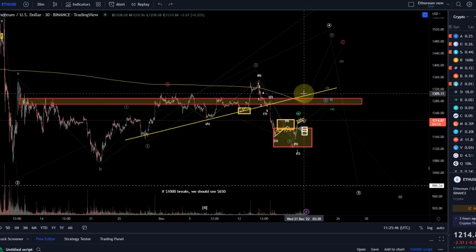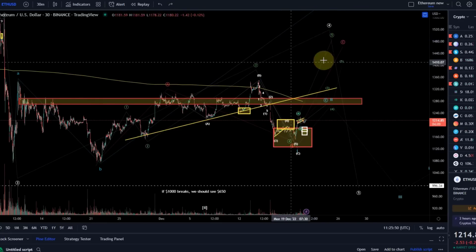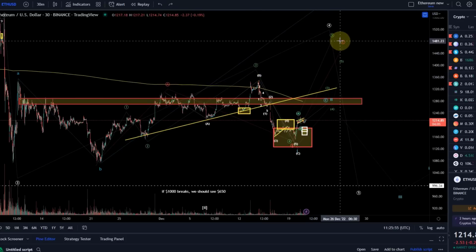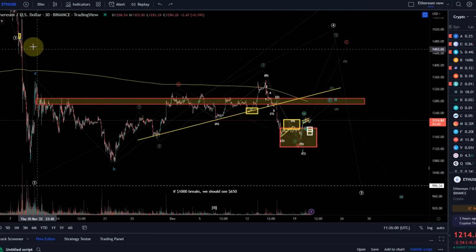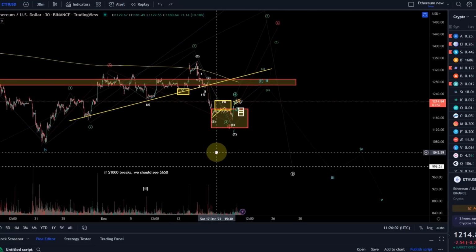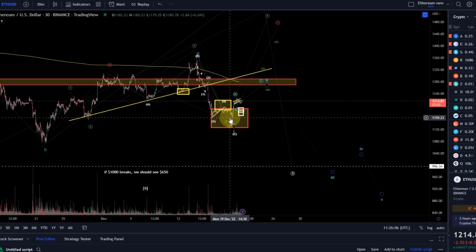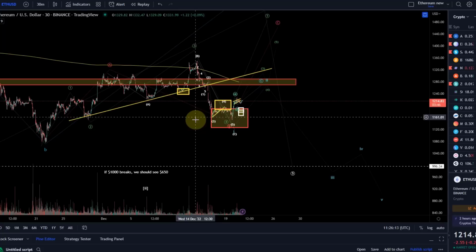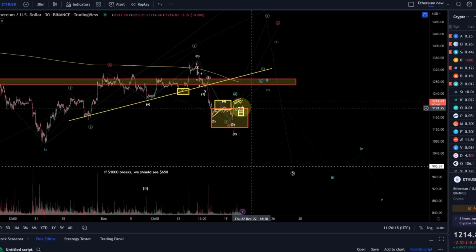Important in the short term is only, are we in one of these counts, which will send us above the recent swing high here, so above 1350, will we get into the 1450 area, or are we in the blue count, which is the immediate bearish count, where I also expected a bounce, and that was the nice thing here. From that support area, I did expect a bounce in all cases. It would have surprised me, I mean, I could have been wrong, it would have surprised me to just go through here. This was a relevant Fibonacci support area.